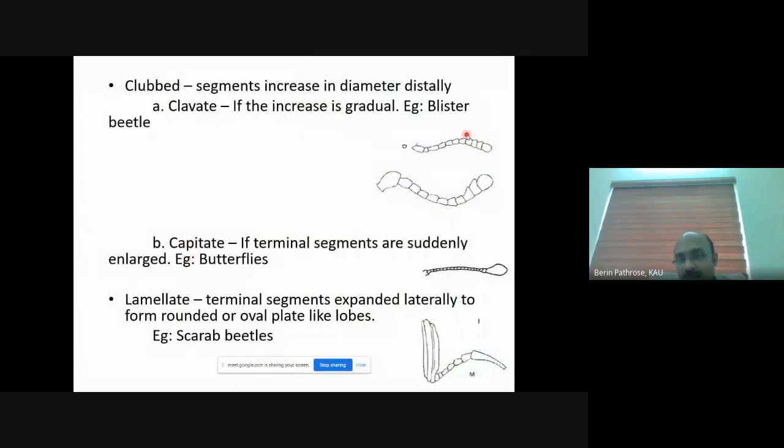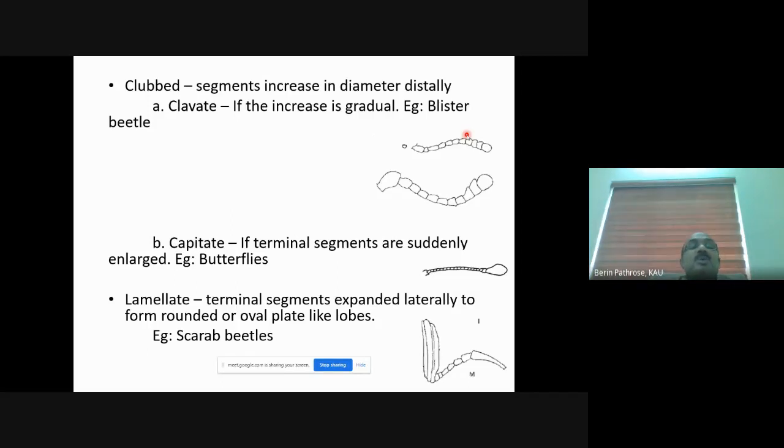So it's pretty easy. One thing you have to remember is what the modification is, how the segments are modified, and the examples. Remember, you have to study the examples, not just the modification and how the segment is modified. You have to remember the typical examples also. That's the way you have to study this course. You have to remember the examples in each and every case.